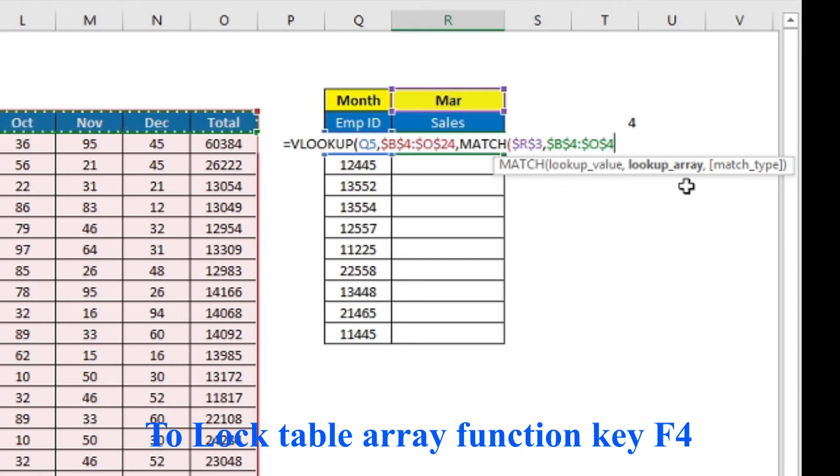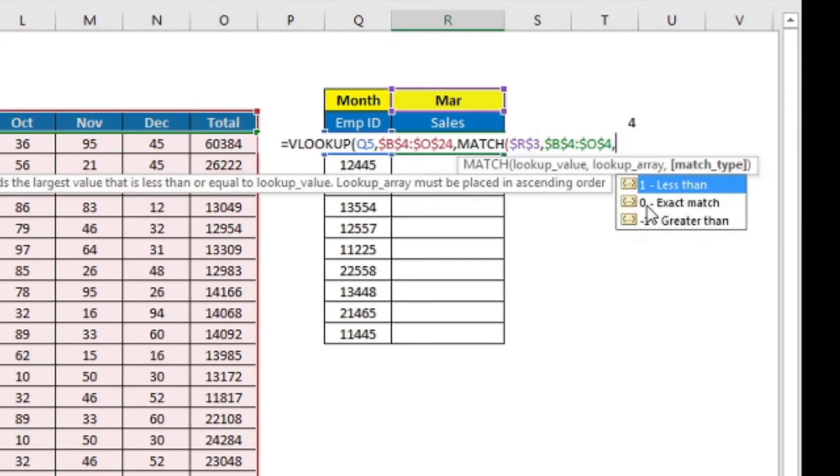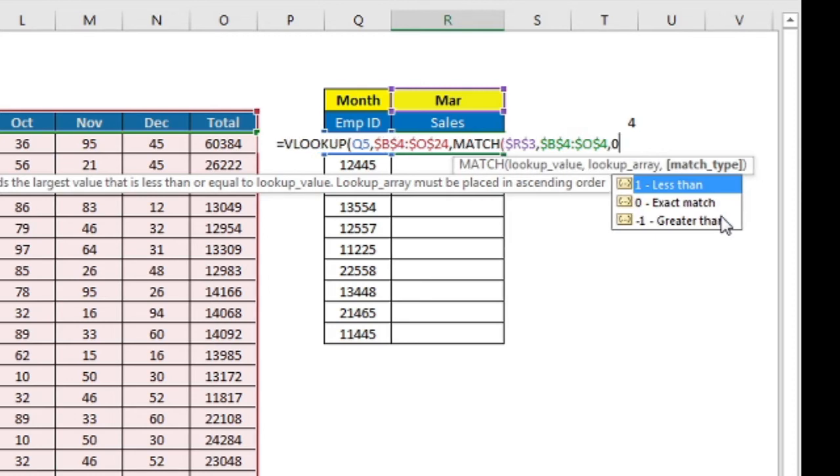Now we are in the match function right now. Just have a look at it. Please concentrate so that you can understand. And then comma. Now the third thing we want to give in a match function is a match type: less than, greater than, or exact match. So I will put here exact match as 0.